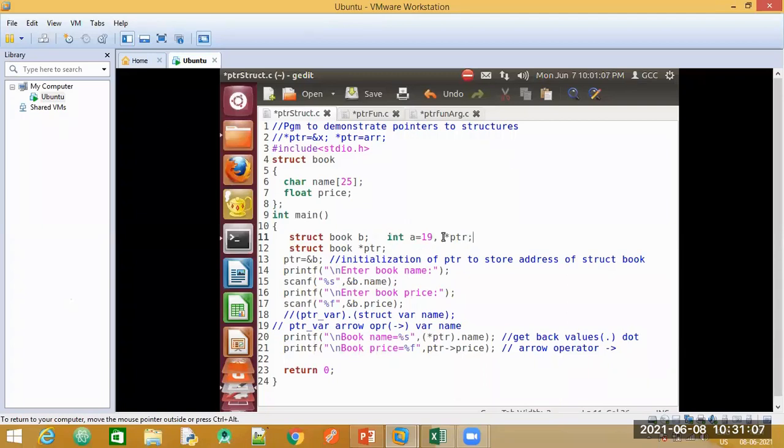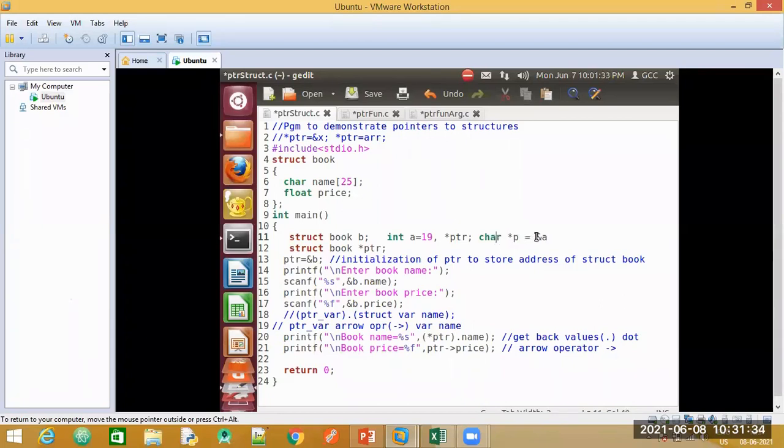Now you should always be sure that the data type of the pointer and the data type of this variable both have to be same. I cannot declare another pointer variable of type character and make it point to ampersand a, because here the data type of the pointer is character.